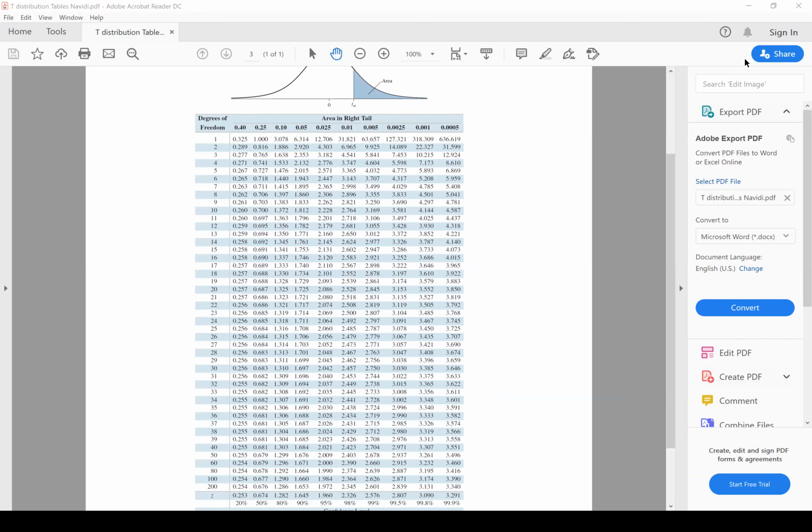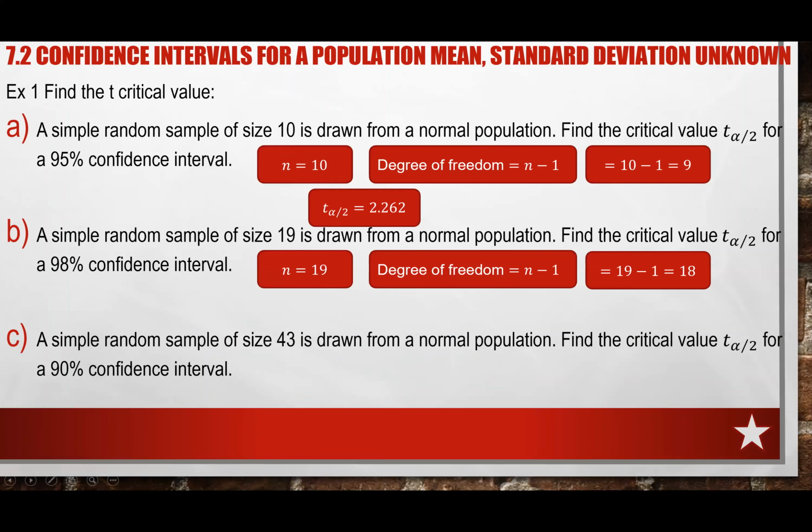So the question here is how to utilize this table. Again, your z-score, the z critical value that we used yesterday, is on the bottom. Today, because we deal with a sample standard deviation, we have to use a t critical value, and for the t critical value we need the degree of freedom and we need the percentage. Your t critical value is this item here. As I mentioned, looking at this item, that is my t critical value, which is